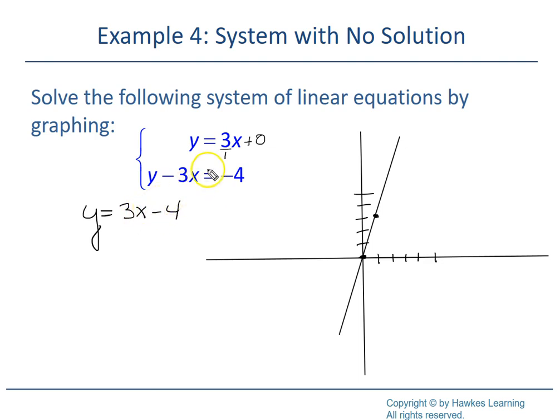Now, I don't know if you notice here, but now we see our slopes are actually the same, but our y-intercepts are different. So when I do that, and I go down here, 1, 2, 3, 4, and I go over 1 up 3,